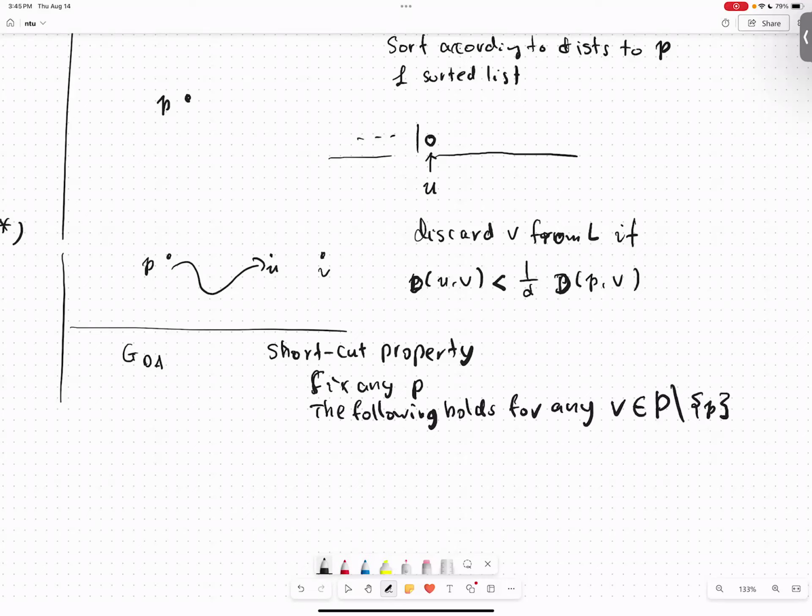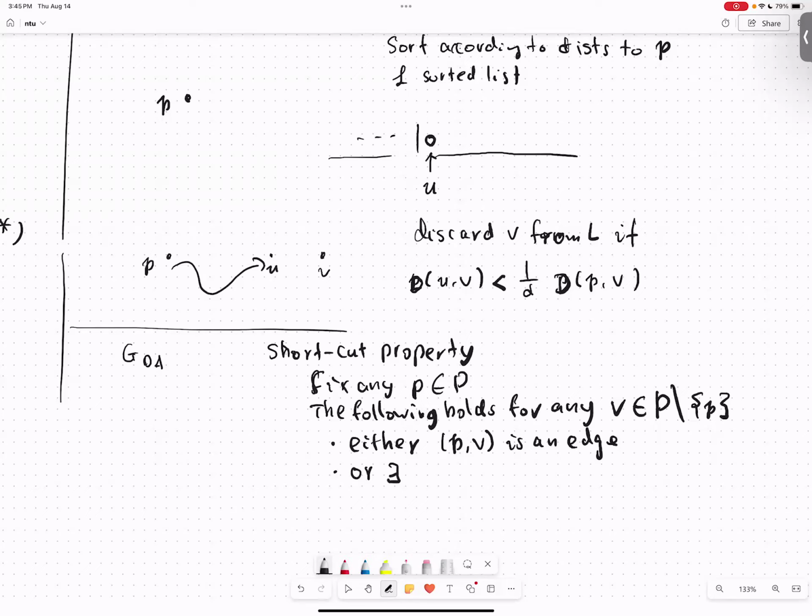P is a data point, by the way. So either PV is an edge, which means P is directly connected to V, or